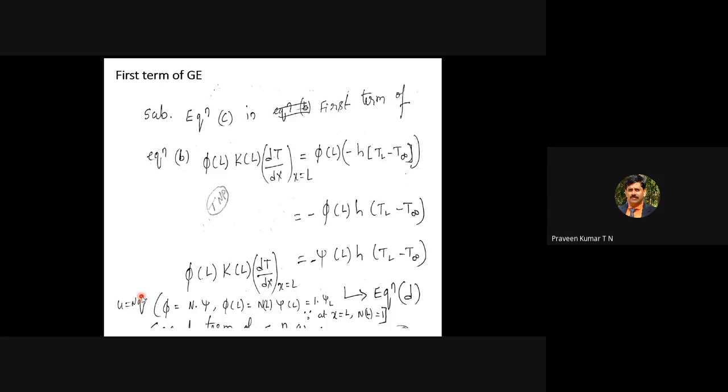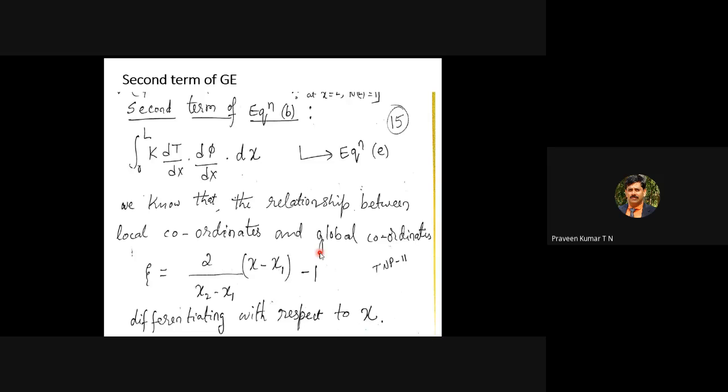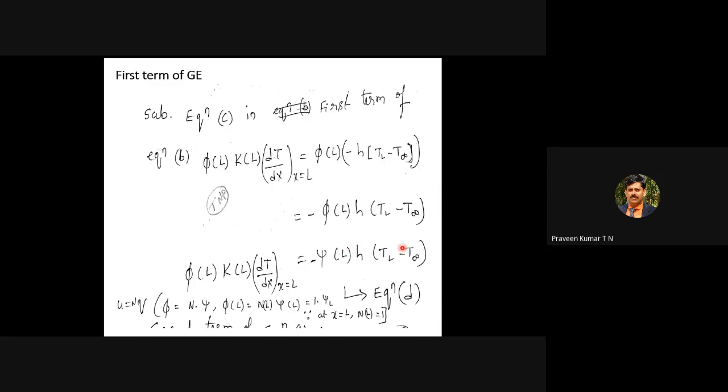You have done problems on that. You have done the derivation in bars, trusses, even in the case of beams. In the case of a beam, the N is replaced by H, and we write V is equal to H of Q. In a similar way, we have the global thermal temperature vector, that is nothing but phi of L. We are introducing one more function, the global virtual temperature function, that is phi is equal to N into phi. That we'll discuss in tomorrow's class.